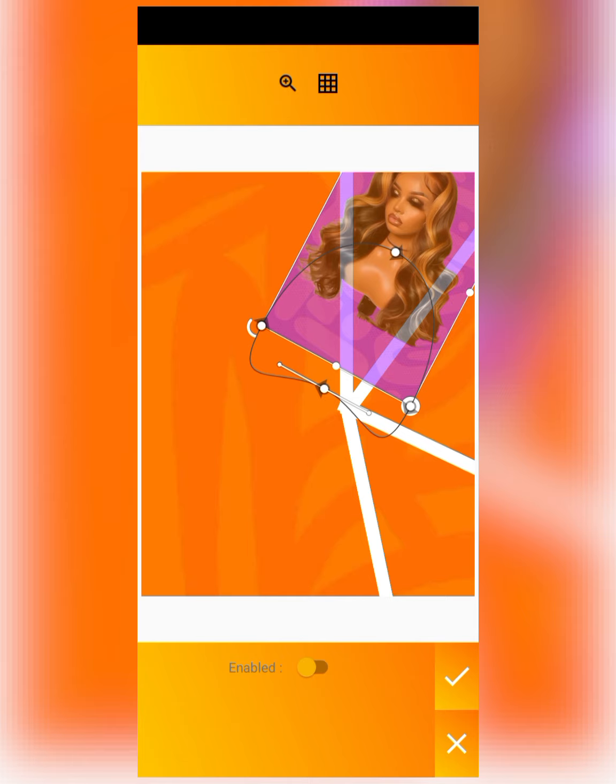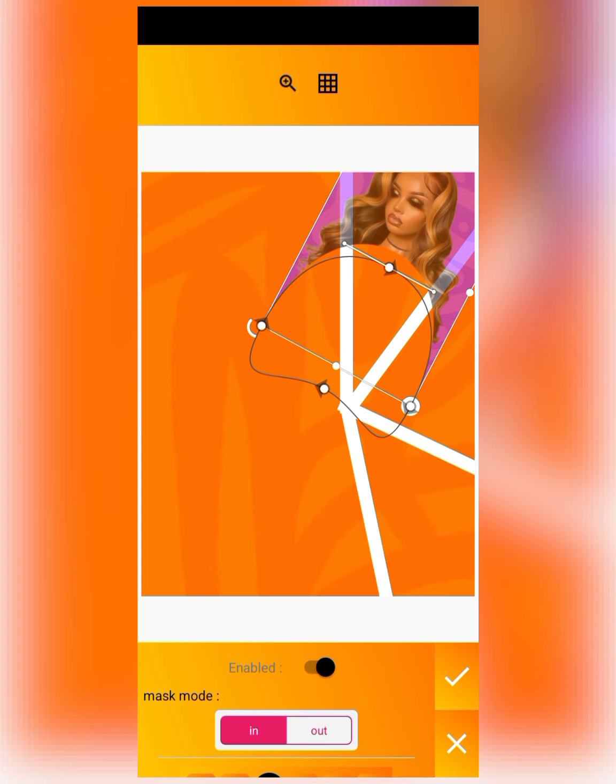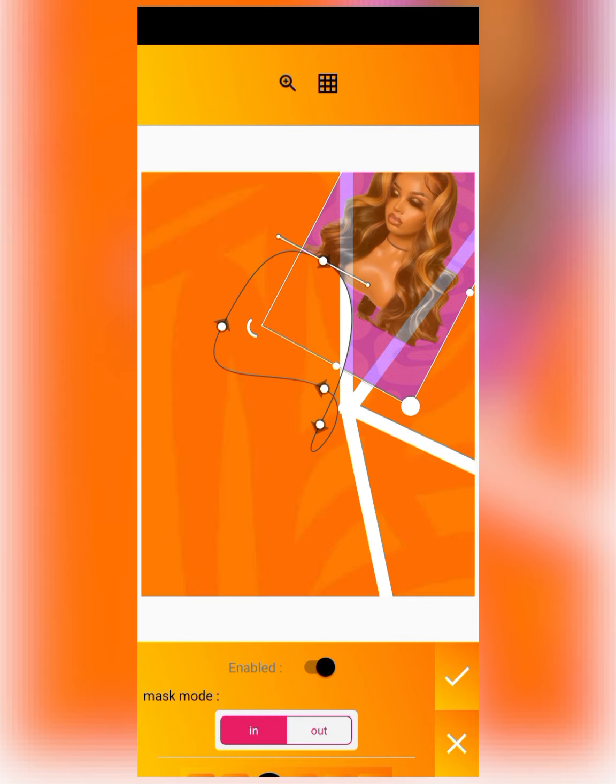So first things first, you press enabled and you drag these sliders up and down to know where you want to cut. If you drag it down, it cuts, drag it up, open, up, cut, down, open. So you can now drag it and move it to cut only the part you want to cut. Like I said, I want to cut only the left part, that's where the line is. I want to cut exactly where the white line is. That white line is like my guide, saying that I cannot cut more than that white line no matter what happens. So I'm going to cut exactly the white line